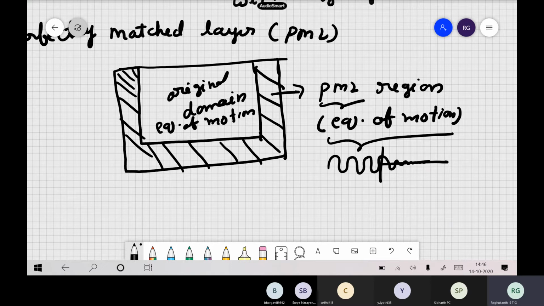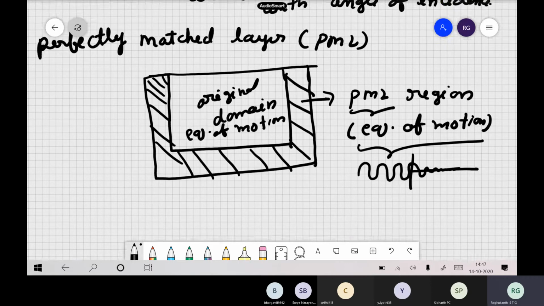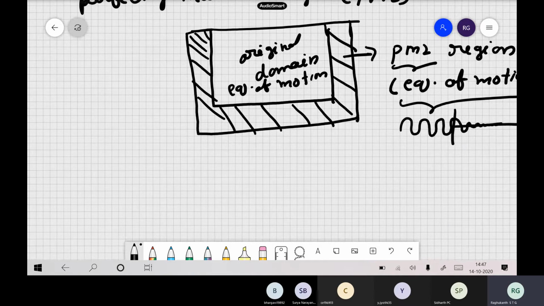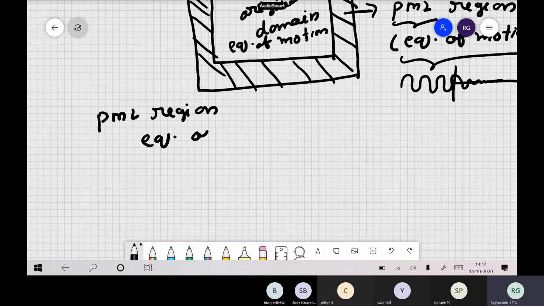So now what you have to do is derive a new equation of motion in the PML region such that it decays as quickly as possible, and obviously no reflections will happen. Suppose it doesn't decay fast, then only these paraxial problems come into the picture. And now the concept is very simple for the PML layer. If you want a damped solution, what do you have to do? In the PML region, the concept is very simple.